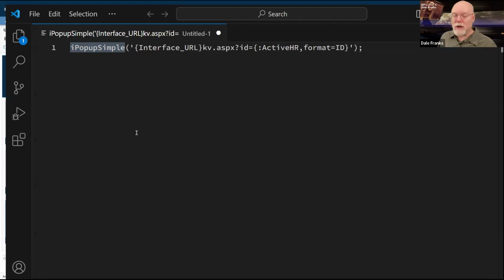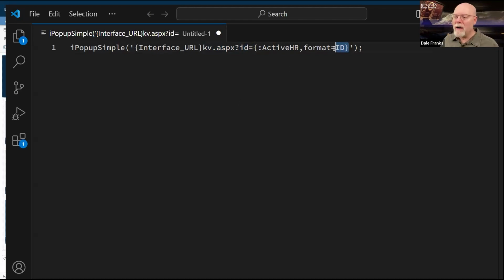The URL largely is the same all the time, although if I'm opening a form, I'm going to open something different. In this case, I'm opening a knowledge view. I know it's opening a knowledge view because I can parse this URL in my head, because interface URL is the primary interface URL for Process Director, which in this case is going to be training.bplogix.net/. It always ends with a /. That's important. kv.aspx always opens up to display a knowledge view. What knowledge view is it going to display? Well, I've got to pass the ID of the knowledge view back to it.